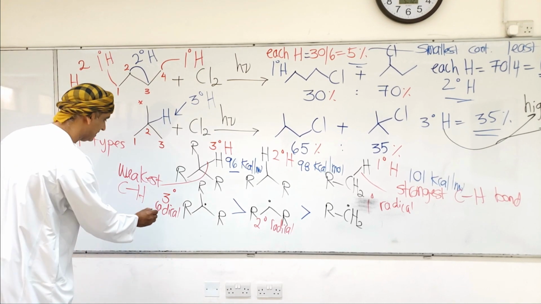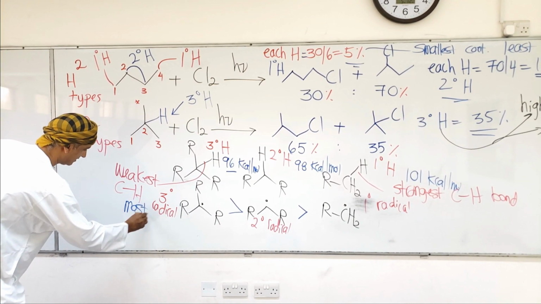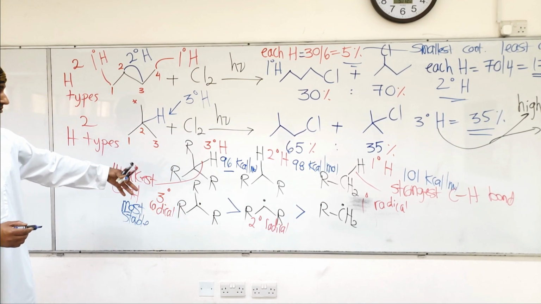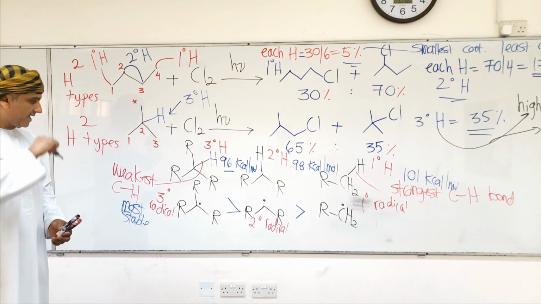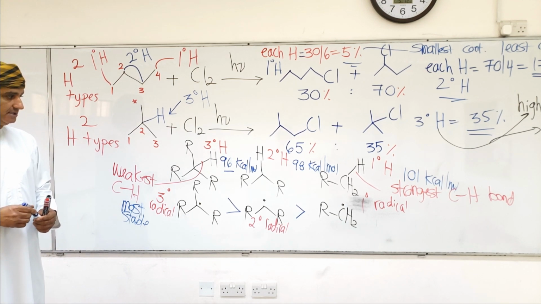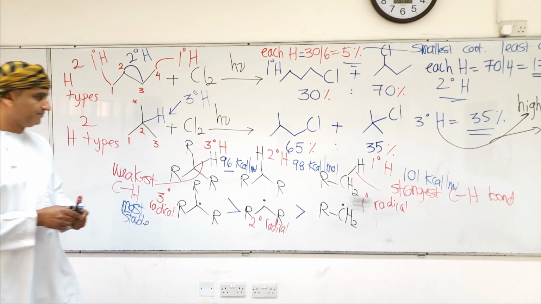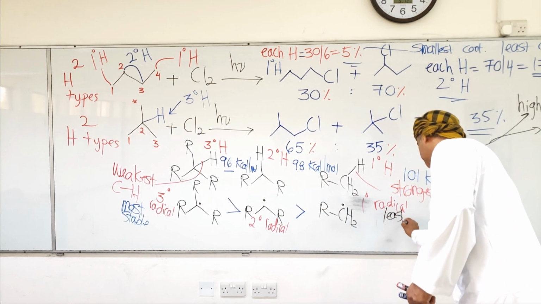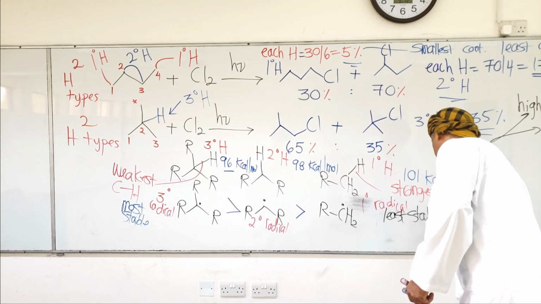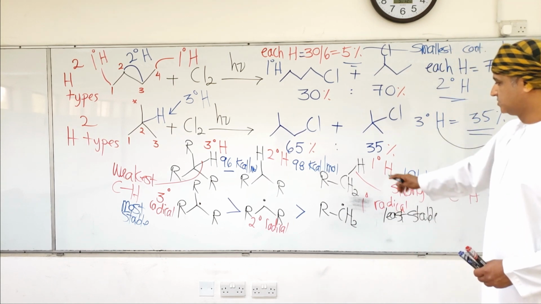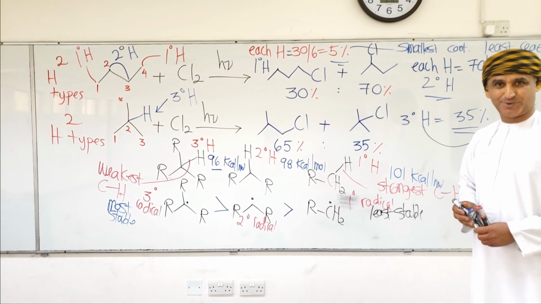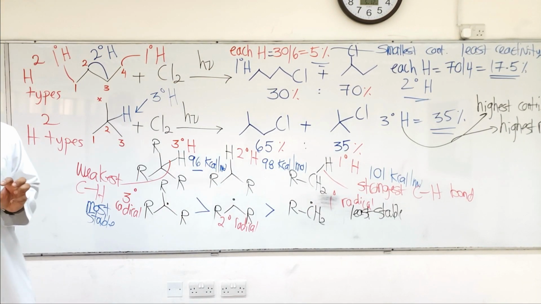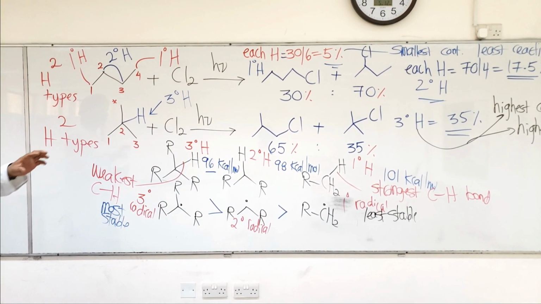So the tertiary radical is the most stable because it has been formed by breakage of the weakest CH bond. The primary radical is the least stable relatively, because it results from breakage of the strongest CH bond. Yeah. Okay. So to summarize, or to see what take-home messages we can learn from here,